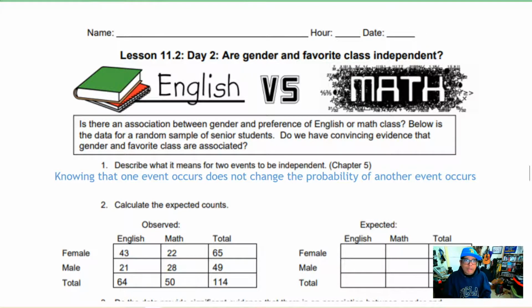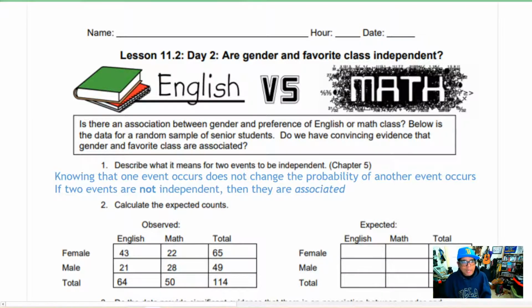We saw in our chapter 5 that things are not quite as we might think they are. Independence in the context of statistics is a purely mathematical thing. It has nothing to do with, well, I think I should be able to like whatever I want. That's not independence as far as statistics goes. And a word that's going to be handy for us in this whole section is also the word associated. So if two events are not independent, then they are associated.